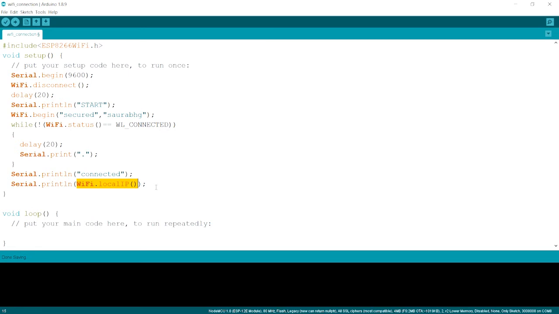So here we end up with the connections. We don't need anything to be done in the loop part. It is blank. We will use it later on in the module, but now it will be a blank one. And over here we have finished with the connections.